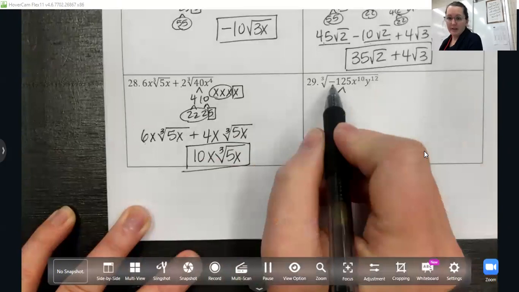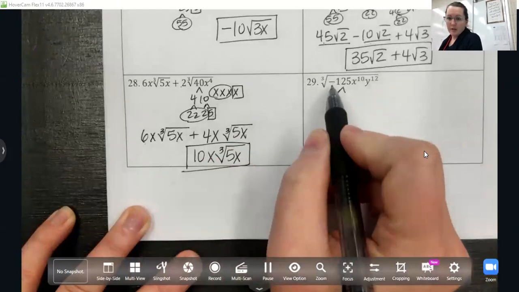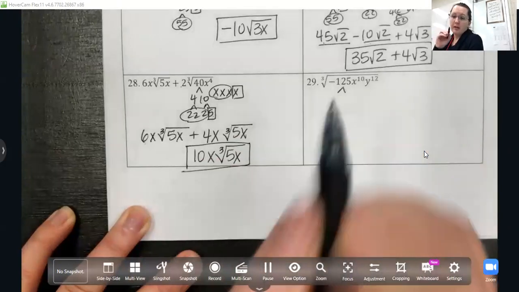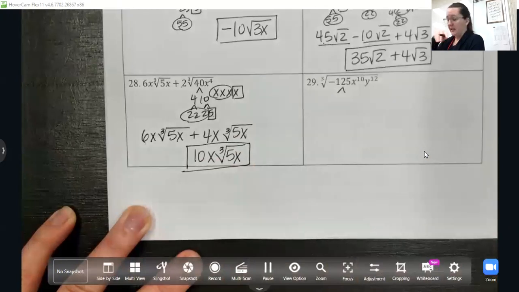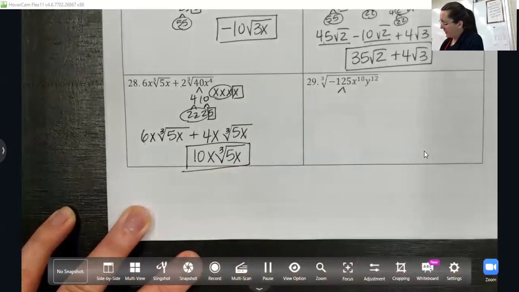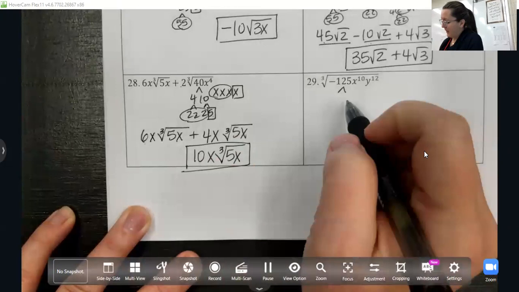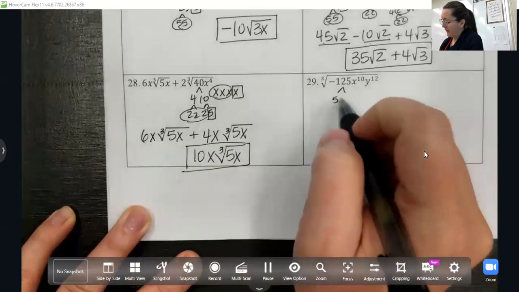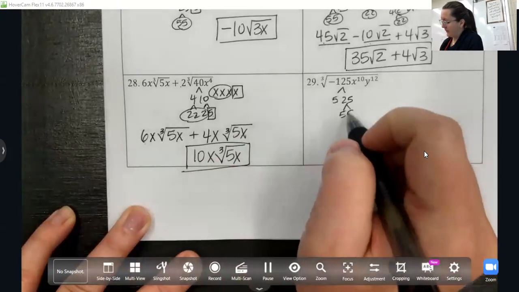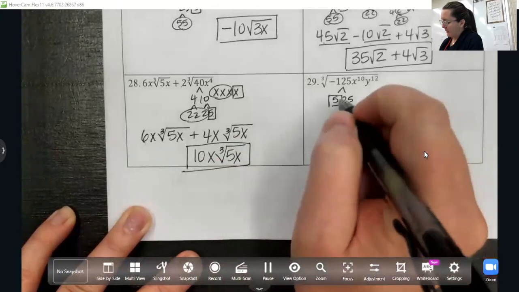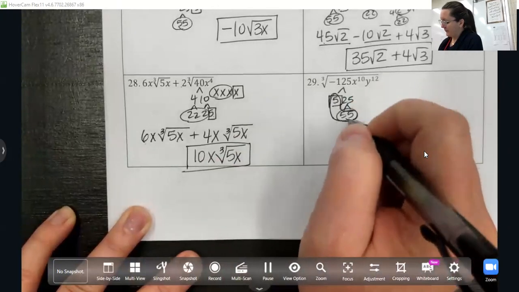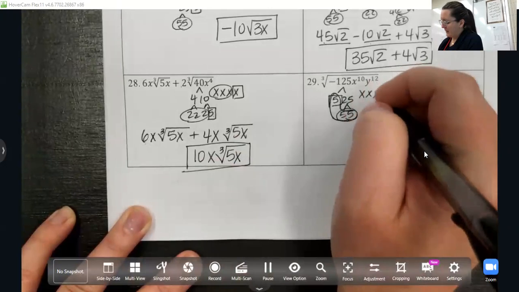All right, let's break this apart. Look, it's negative inside. So it's the cubed root. So I want to know, can I multiply 3 numbers together to get a negative number? Yes, you can. So whatever my answer is going to be, it's going to be negative. So I have 5, 25, 5, and 5. I'm looking for groups of 3. Groups of 3. 10 x's,